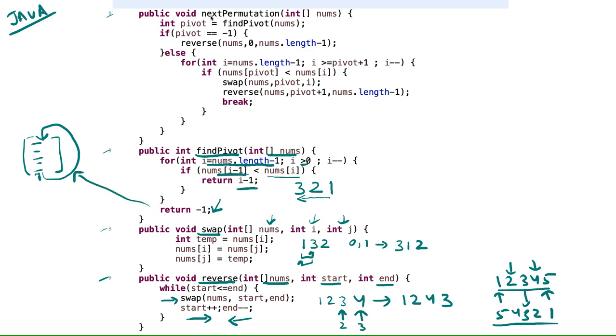Now let's look at the next permutation method, which is the actual method which we have to code. So it has this nums array which is given as an input. The first step which we have to do is to find the pivot index, and we have already looked at the details of this find pivot method. Let me rewrite the example which we looked at in the breakdown. 5 3 2 1. So we have already found that the pivot index is the second index,